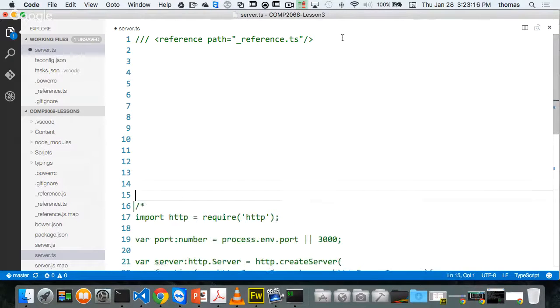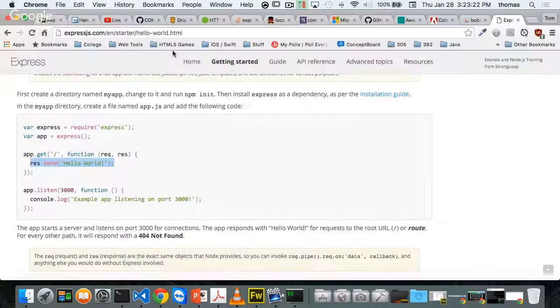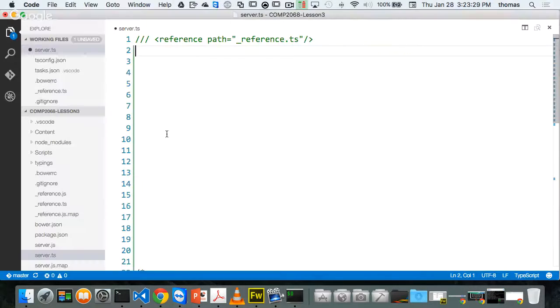We're going to space this all down, right? So it's out. It's there, but it's just in the background way down there. And I'm going to do the same kind of thing that I've done here. So I'm using this example here, and I want to install Express, right? So again, instead of the var keyword, I'm going to use import. So let's go import Express is equal to